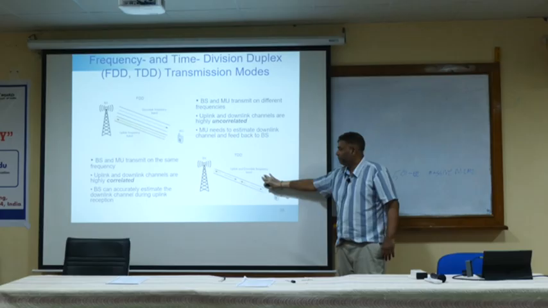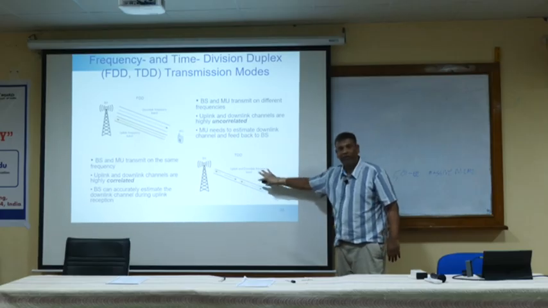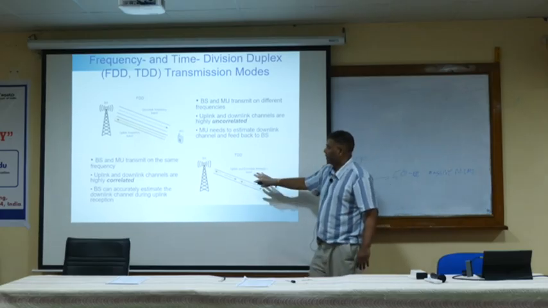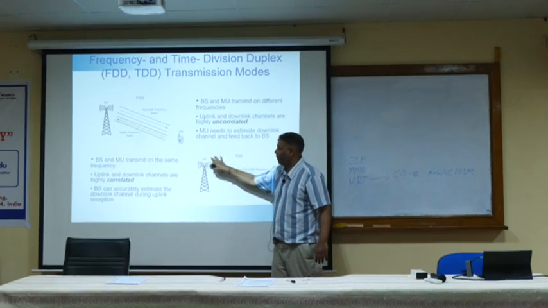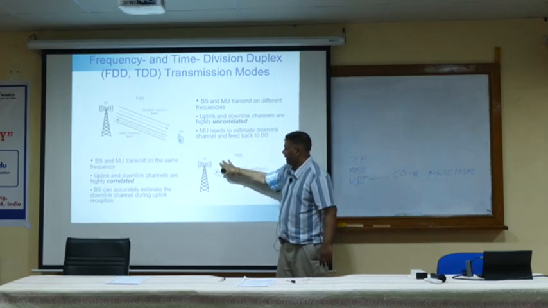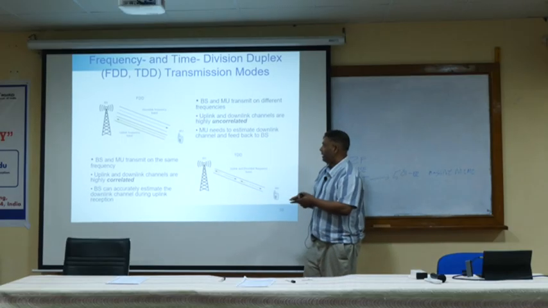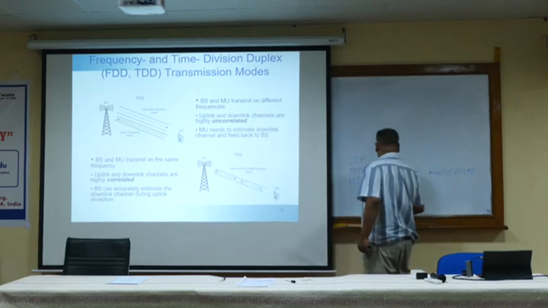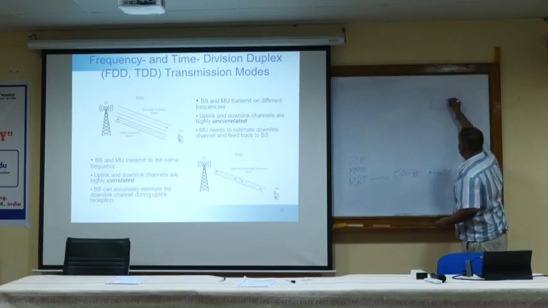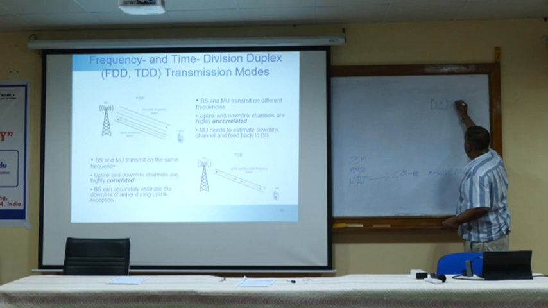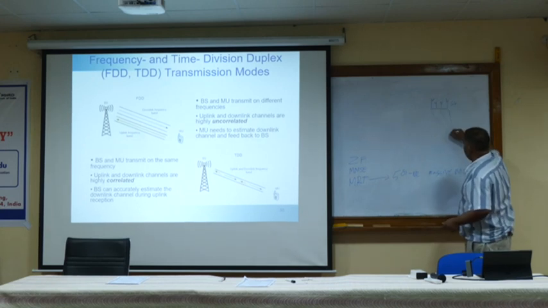So TDD is very famous in 5G NR, because in 5G NR we have a large number of antennas, massive MIMO here, okay, 64 antennas or 128 antennas. If we have large antennas, we have a lot of channel coefficients to estimate, because we have massive MIMO here, 64 antennas. The user has a single antenna. There are a lot of channel coefficients to estimate, okay,